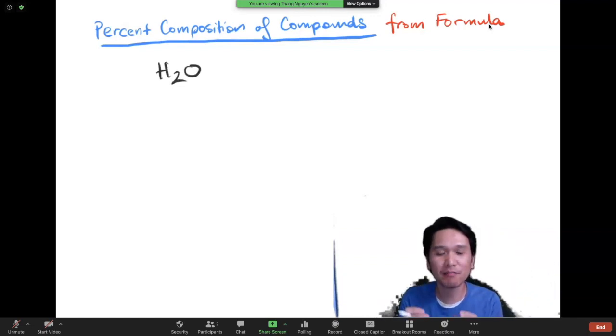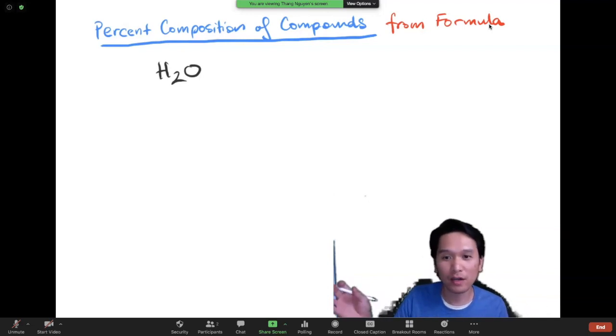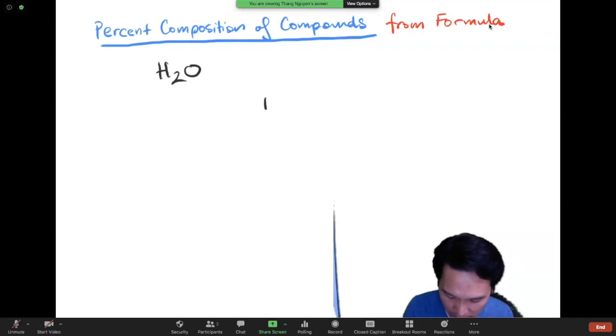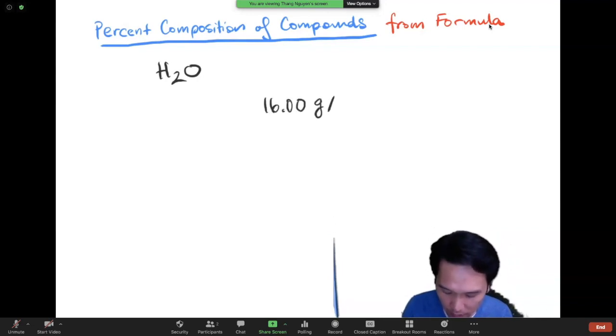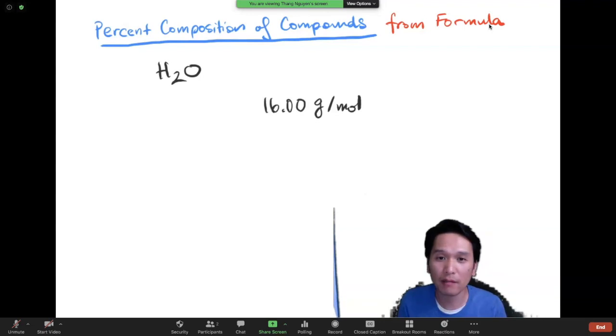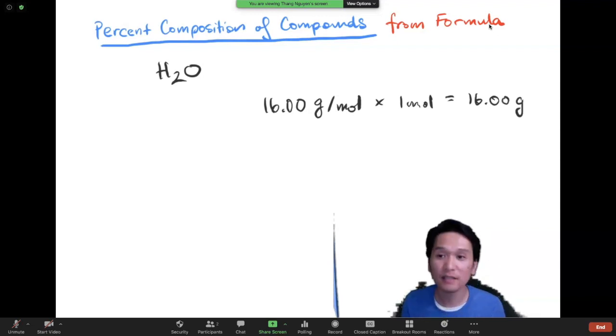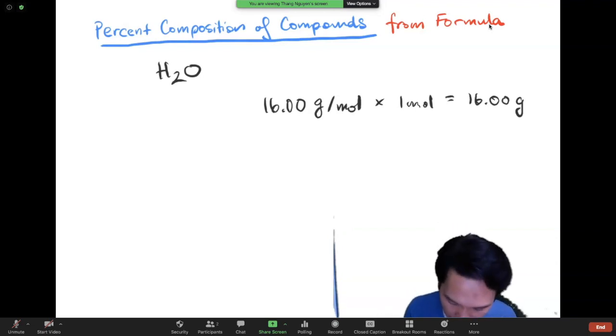Like I said before, since it doesn't matter whether you take a drop of water or a glass of water or any size of water, water will have the same percent compositions of its individual elements. So to make it more convenient for us, why don't we imagine we have a mole of water? And we know that oxygen, for example, is 16.00 grams per mole. If you have 1 mole of water, how many grams of oxygen do you have? 16.00 grams, right? So to make this easier for us, we're going to simplify the equation to calculate percent composition by simply stating,